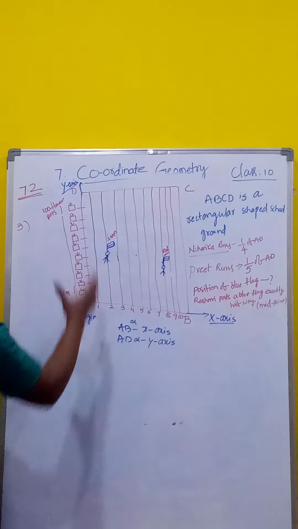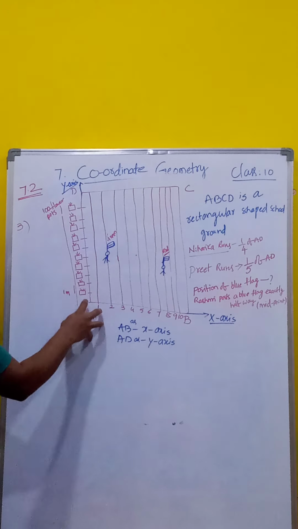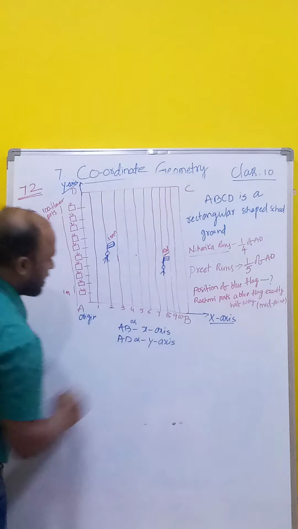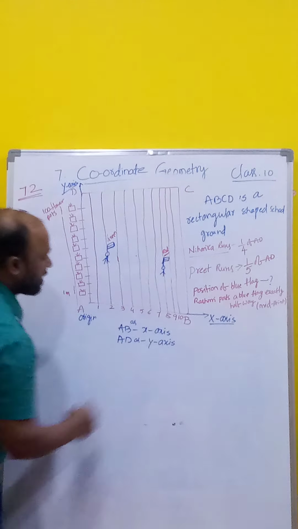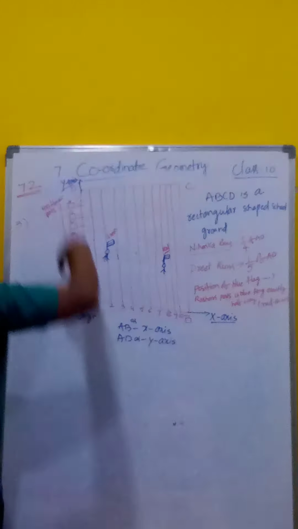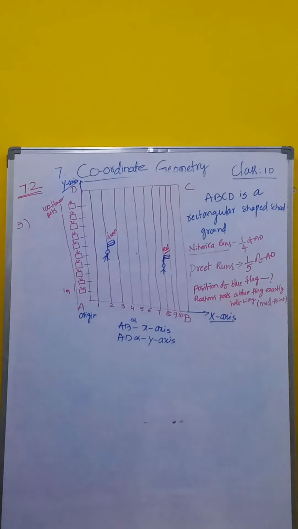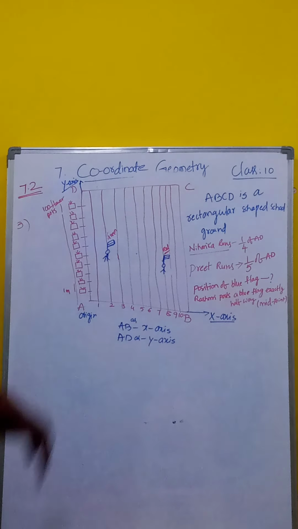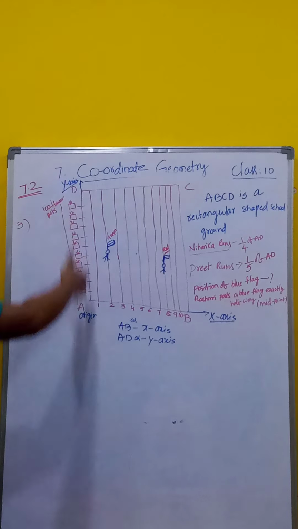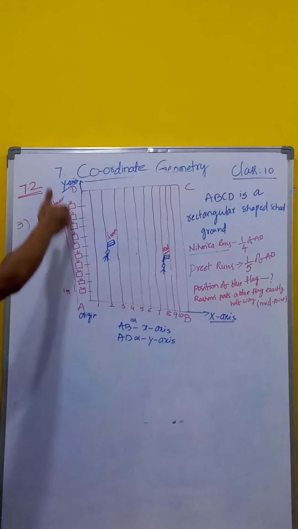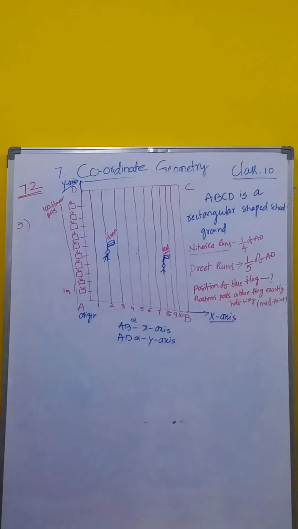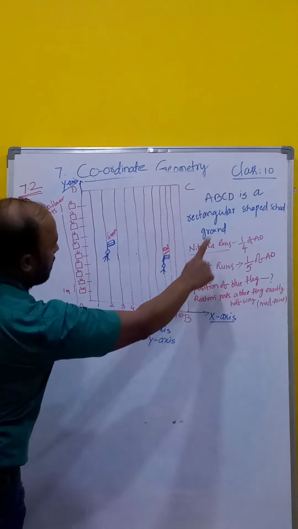Before doing that, we are assuming A is the origin, AB as the x-axis and AD as the y-axis. Clear? And the distance between these two is 1 meter, given. In total there are 100 flower pots here. What is the length up to this one? 100 meters. Clear? Now, the first one, what is here?